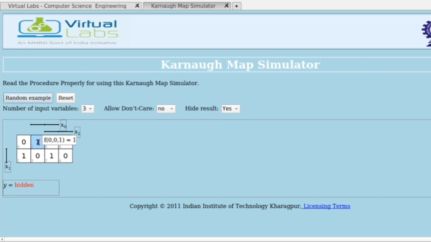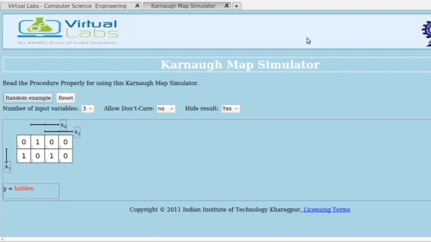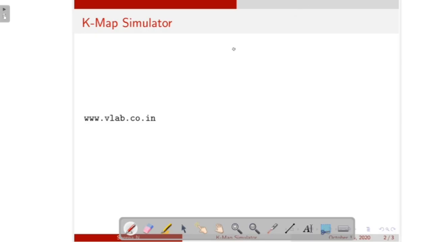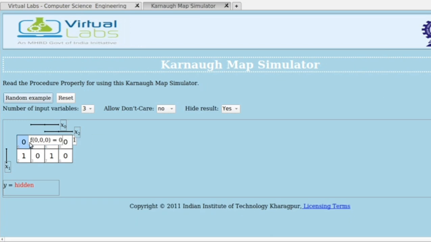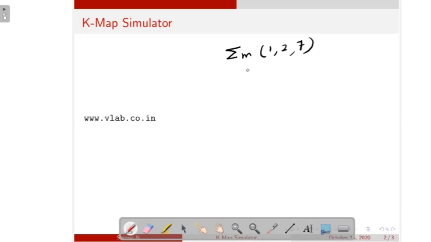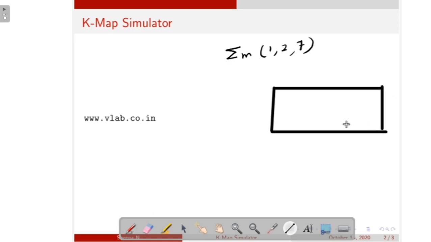Here 1 is in the squares 1, 2 and 7. That means the expression is sigma m of 1, 2, 7. Draw the K-map in your own way, the way you studied it.